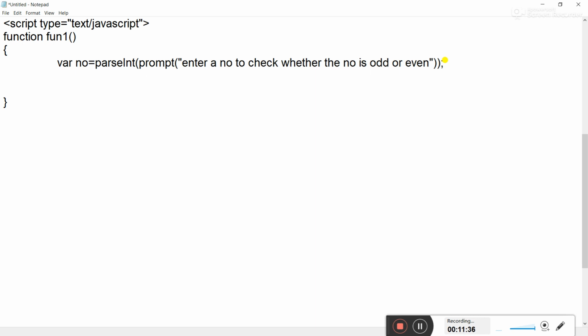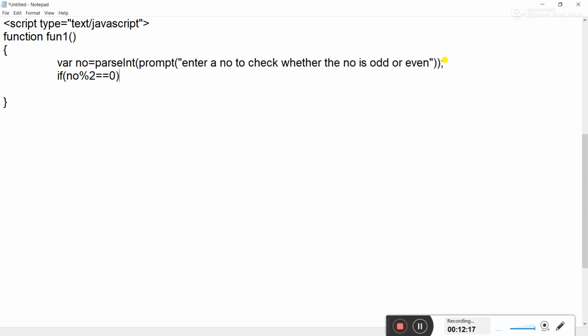And now after accepting the number, you need to check whether it is odd or even. So to check, we use an if condition, right? If number mod, this is the mod sign, that means number divided by 2, the remainder coming from the division of the number by 2, if it is equal to, sorry, number mod 2 is equal to 0.